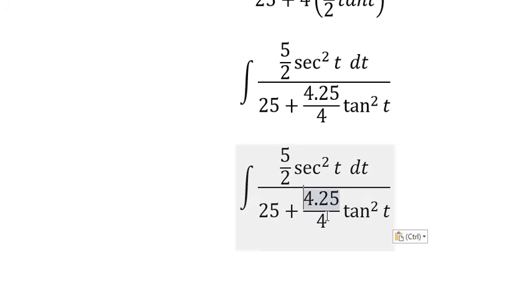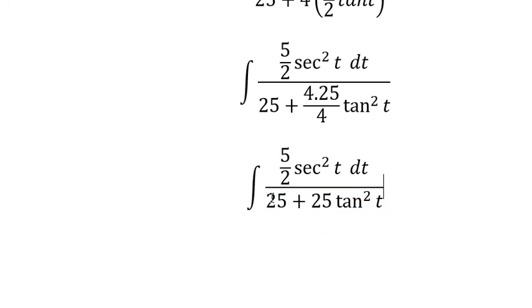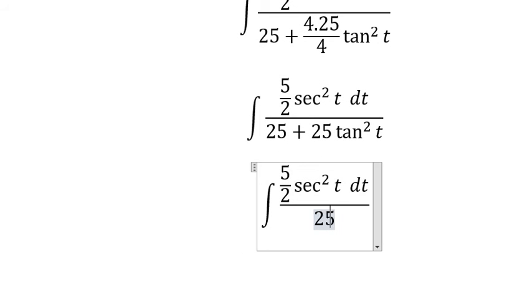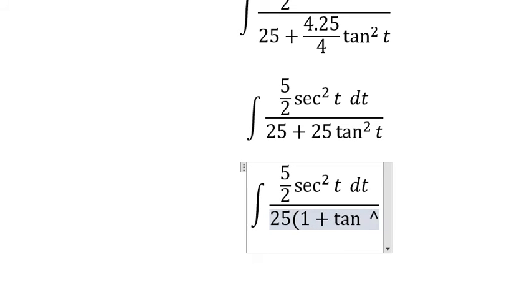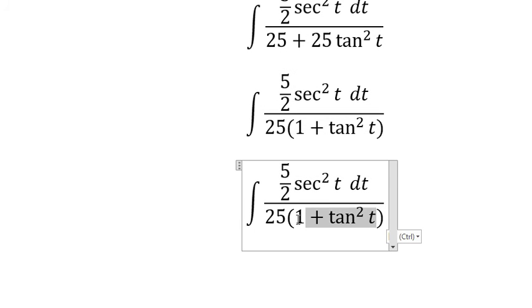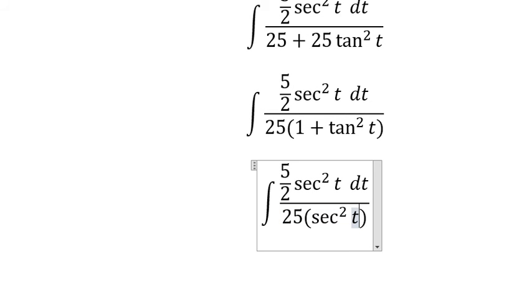And this one we got 25. 25 we do factorization. And this one we change for secant of t squared. So we simplify secant of t squared,